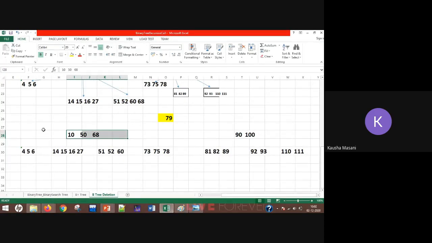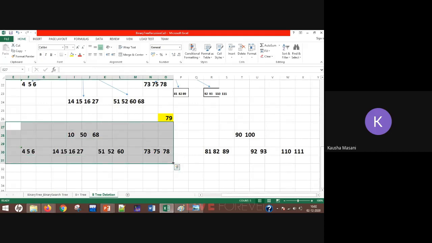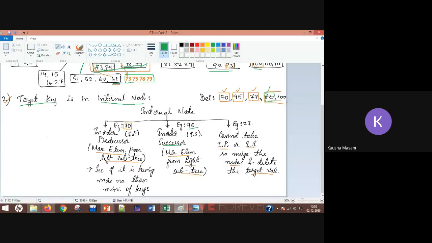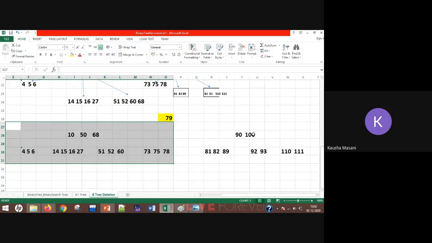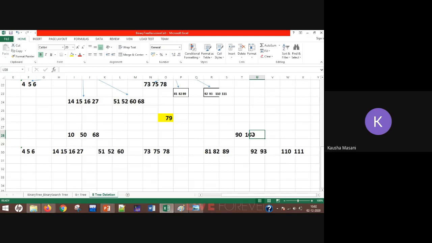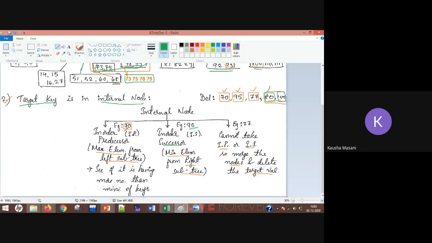When we are talking about your root node, we have to see this entire left subtree. Okay, fine. So 80 is deleted. All right, this 80 is done. Now next is what? Your 100. Now where is this 100? This 100 is in an internal node. Now this internal node, again, you cannot directly go and delete this 100. Because it is internal, you have to follow these rules.